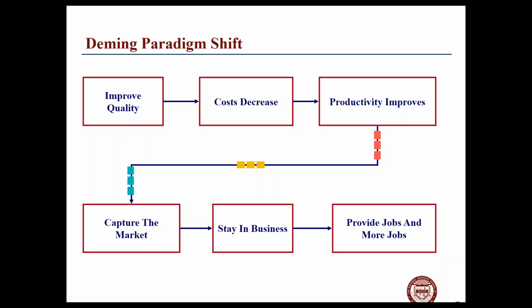Okay. And what I'm going to do is continue through and see if there are other questions as we go through. But basically, Deming's paradigm, which was a big shift, is to focus on improving the productivity, the efficiencies of your process. And that will decrease your cost, right? You do things better, faster, cheaper. You'll be able to produce more because of that. And then you'll capture more because you're doing that. And then you'll stay in business while the rest of the folks go out of business. So that was his philosophy.